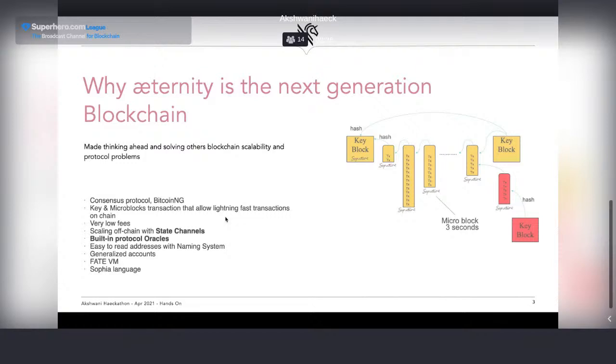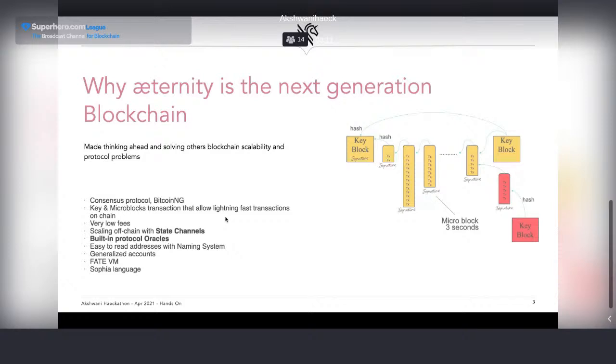It's software, it's team effort, it's planning, it's very good architecture, and all that combination gives us a blockchain that is very easy to use, that of course has a lot of things to improve yet, and we have very good news in the near future. But right now you are able to work with oracles, with state channels, with generalized accounts, with a smart contracting language that is super easy to understand and very fast to work with.